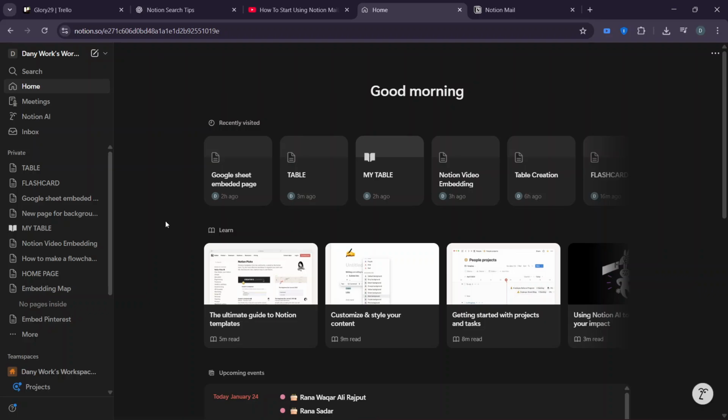In today's video, I'm going to show you how to start using Notion Mail. Whether you're already a Notion user looking to manage your emails in the same block-based interface you love, or you simply want to organize all your messages in one powerful workspace, this simple step-by-step guide will walk you through everything